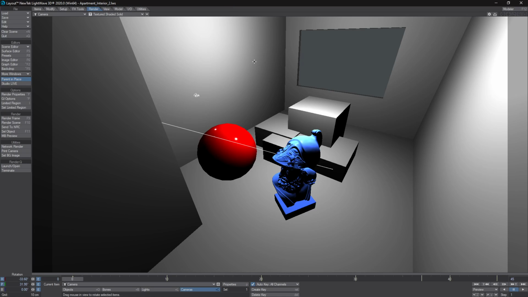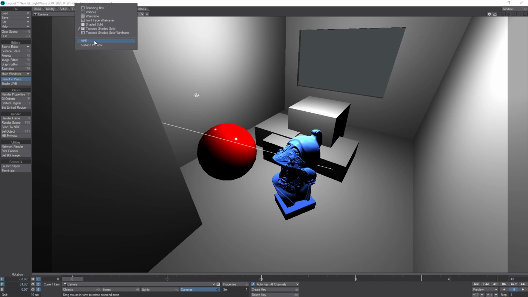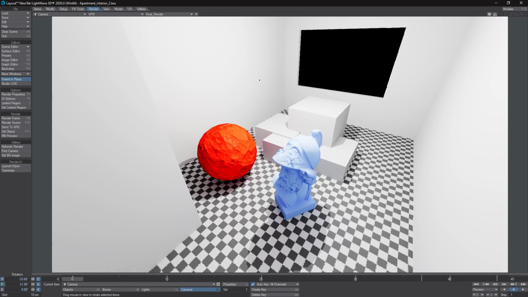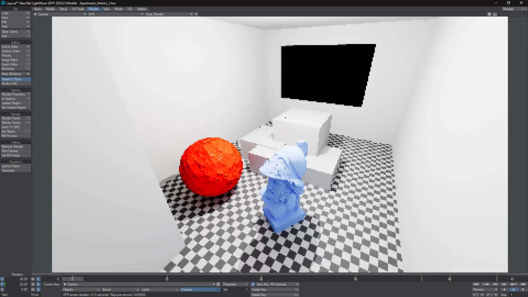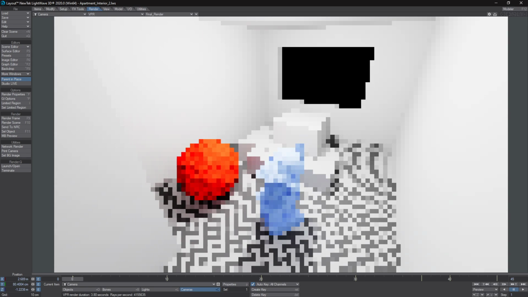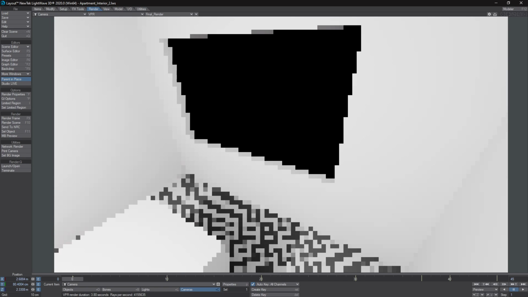Hello. In this video, we will take a look at the new Global Illumination system in LightWave 2020. What I'm going to do first is show you one of the end results I'm going to explain how to get to in this video. So I'm going to activate VPR, and you can see the nice new clean Global Illumination solution that I have baked for the scene, and because it is baked, I can freely traverse the